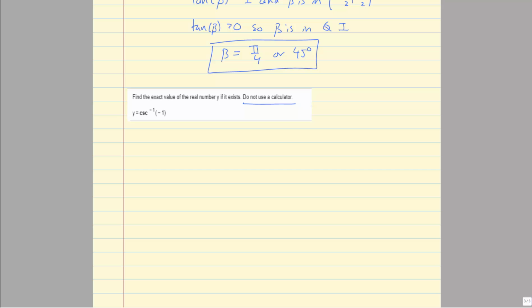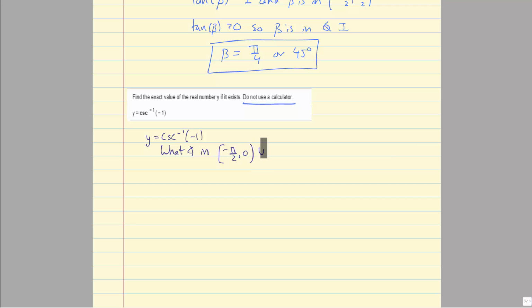Okay, so let's go ahead and write out what this means. And again, this is the work that we'd want to show. Y equals inverse cosecant of -1. This means what angle in the interval. Now we have to remember our intervals here from our previous table up above, from -π/2 to